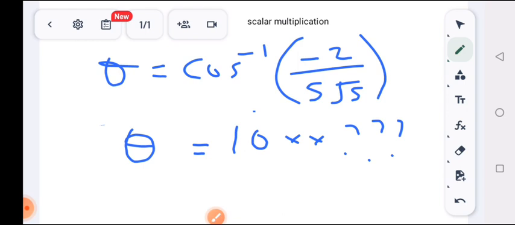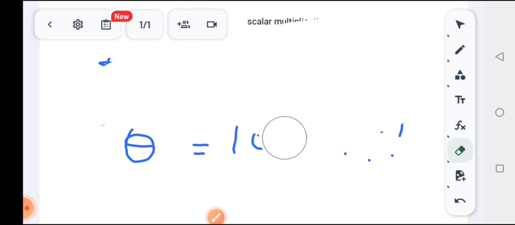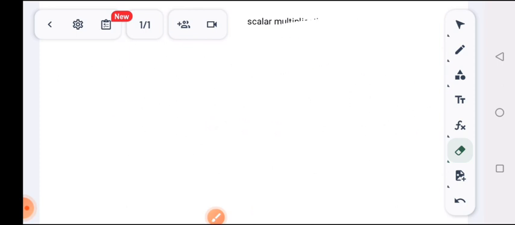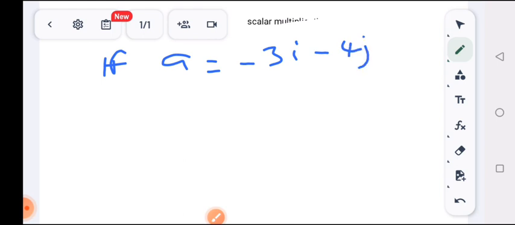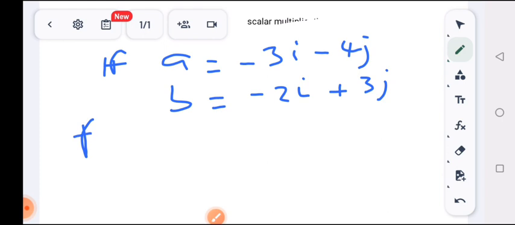Well, there are times in physics or in mathematics where you may have to do a simple addition or a simple subtraction. So let's say, for example, I'm taking the last part now. Let's say A is minus 3i minus 4j and B is minus 2i plus 3j, and I'm supposed to find